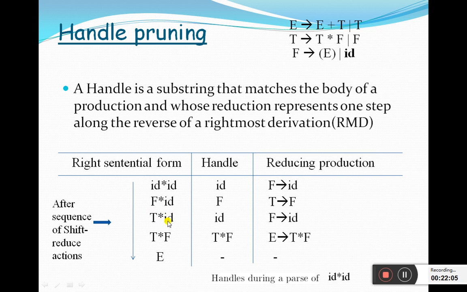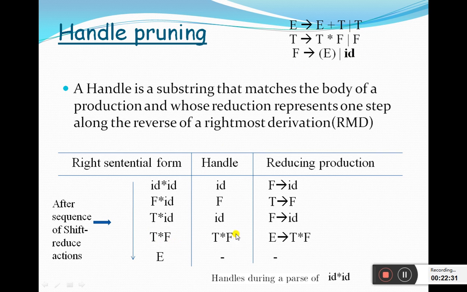In this sentential form, id becomes a handle, and id matches the body of the production F → id. So this handle is replaced by the head of the production, F, to get T * F.